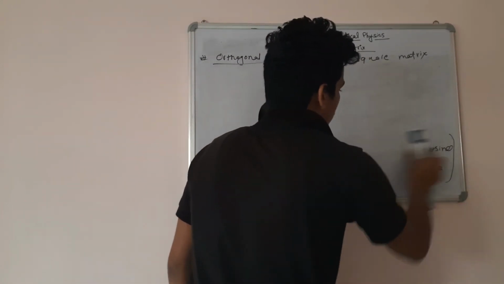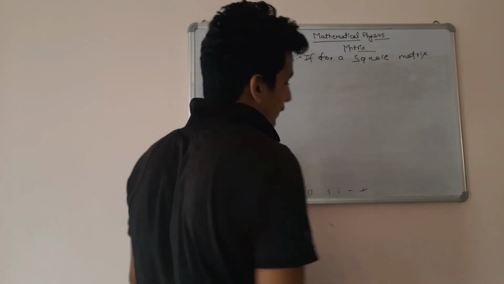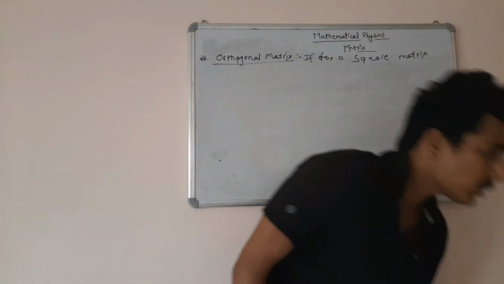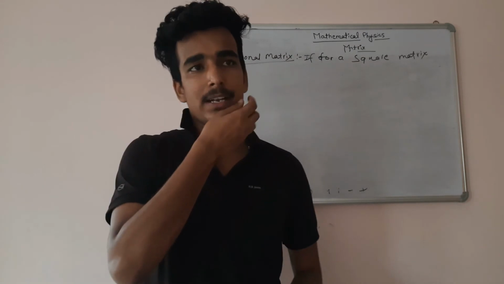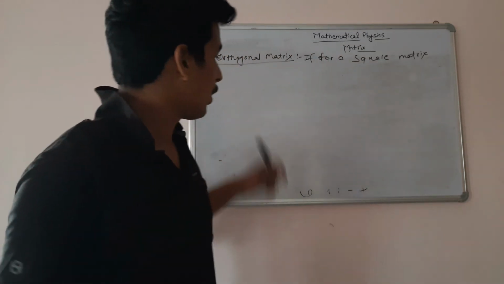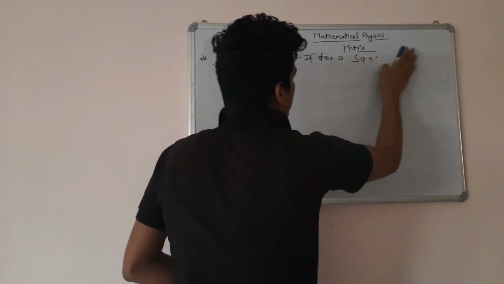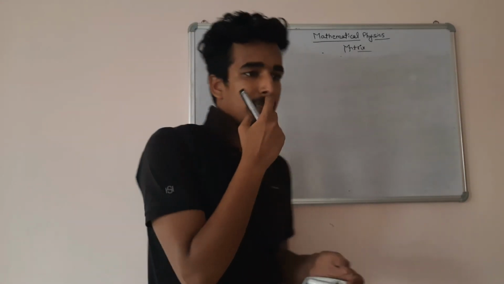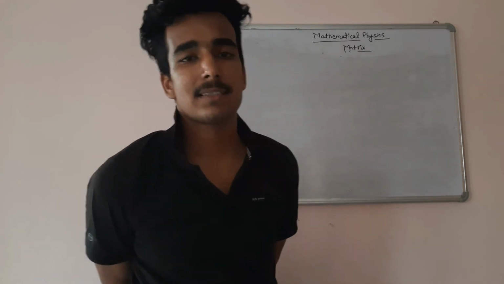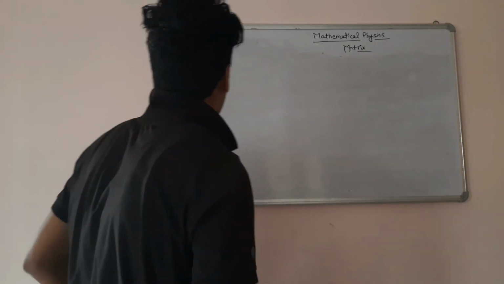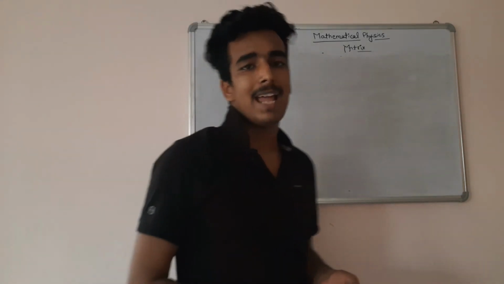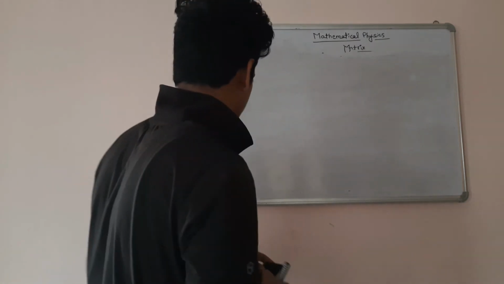Till now you have studied the adjoint of a matrix, the determinant of a matrix, and how to get the inverse of a matrix. You know about symmetric and antisymmetric matrices, and now also orthogonal matrices. Now I am going to introduce one more operation on matrices. In the first lecture, we told you that a matrix is just a collection of information, an arranged order of information. So it can be anything: alphabets, numbers, complex variables.